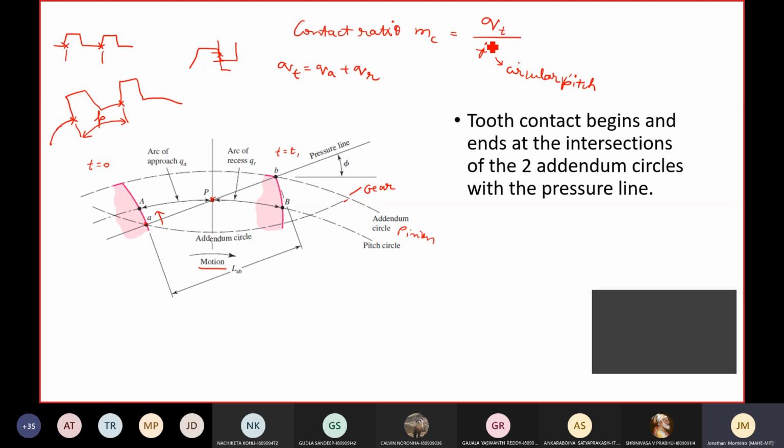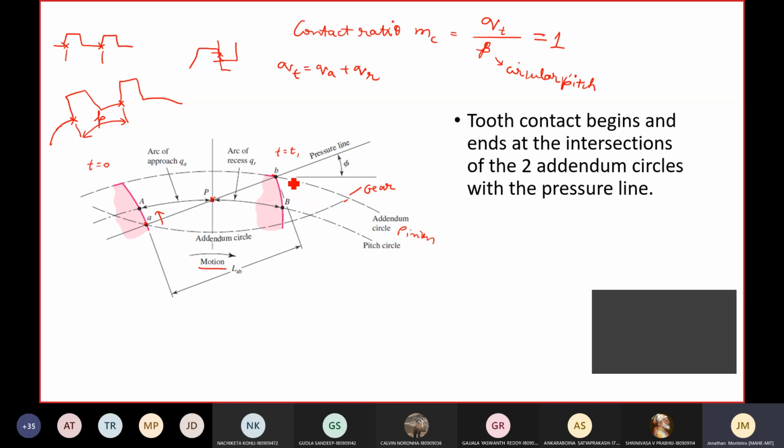Now this is defined as a contact ratio. Now, if this is equal to 1, okay, this is case 1 I am taking. Say this is equal to 1. What does it mean? That means when one of the gears is engaging and is in engagement, it will traverse through this point, slide over the surface, and when it comes to point B, it will totally disengage.